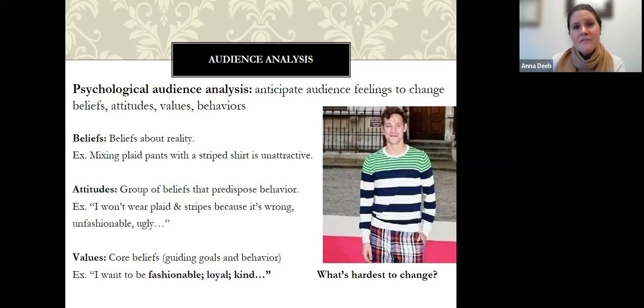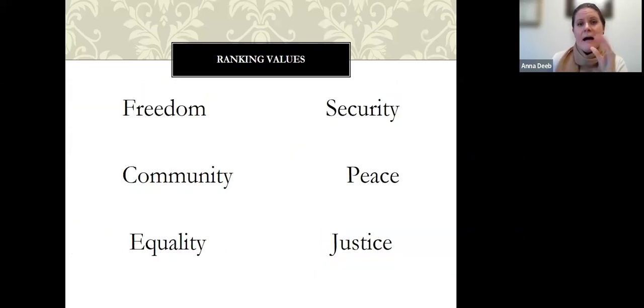Okay. Now that I've talked to you about the importance of recycling glass, I hope that you'll at least start recycling glass if you don't recycle yet. Okay. Here's a good starting point for you. So you have a tall order when you're trying to change someone's beliefs or attitudes about something, and you're probably not going to change their values. So I ask you,